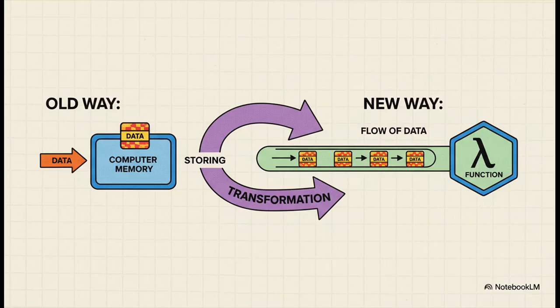So there's the secret sauce, this brilliant little trick. Any variable that changes over time, you just turn it into a parameter for a function. What used to be a sequence of commands changing the computer's memory now becomes a clean, beautiful flow of data, passed from one function to the next.